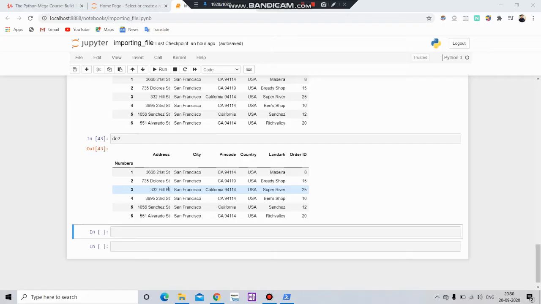Let's say you want to extract these 3 and 4 to this address and city. So how can you do that? For that you have to simply put